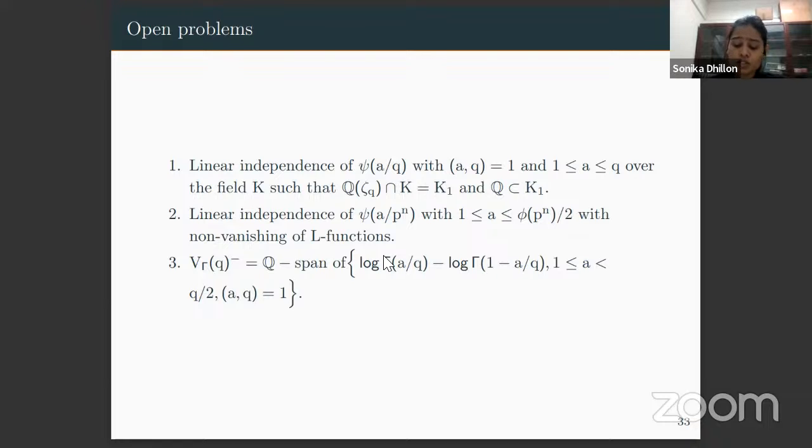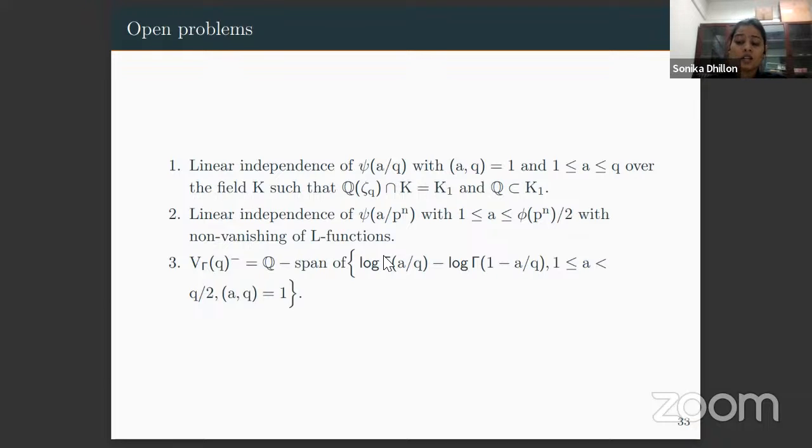So for the digamma function, most of the results are known when gcd(a, q) is equal to 1, and then one talks about the non-vanishing of the L-function, where f is of Dirichlet type. What happens here for the harmonic numbers is that we have found a basis which are not co-prime numbers. Like we have first phi(q)/2 many values linearly independent. So how can one relate it to some L-function? That means, can we relate it to any L-function where f is supported only at phi(q)/2 many values? And can we talk about the non-vanishing of those functions?